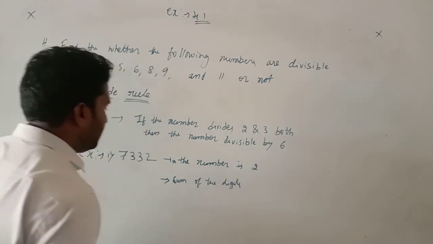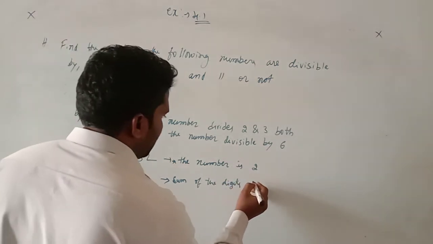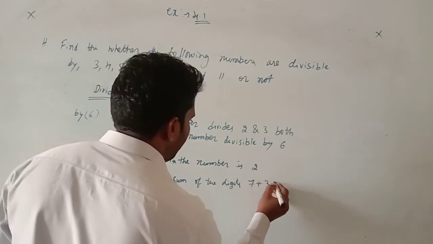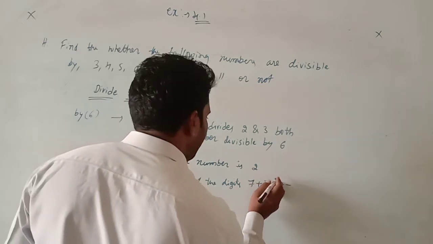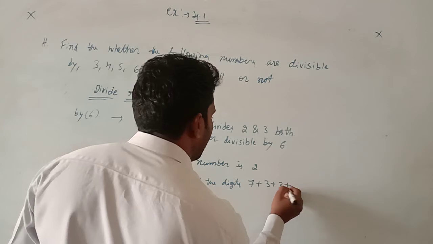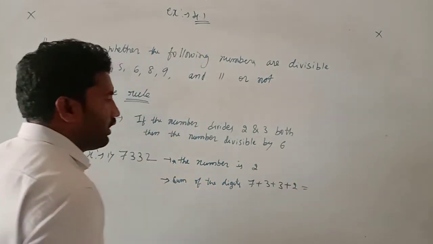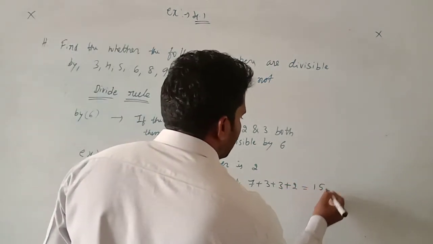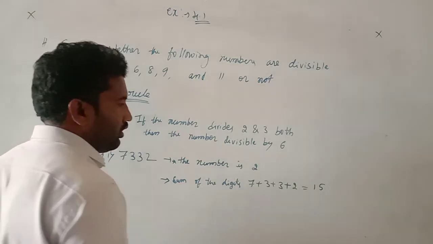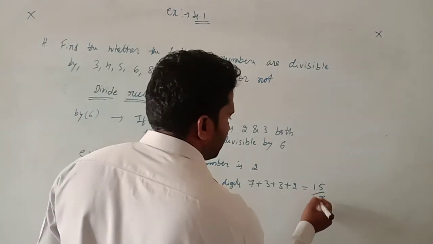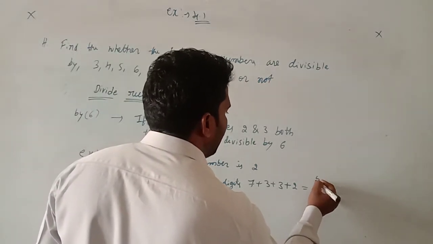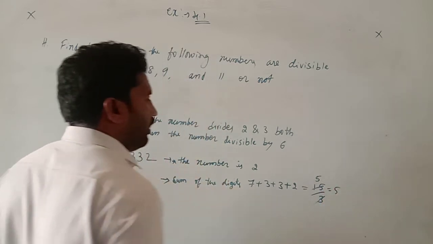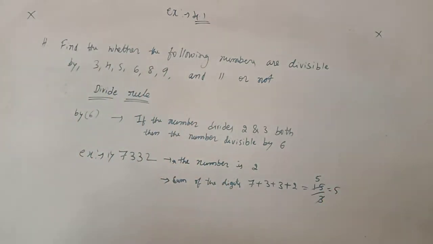So what is the sum of the digits? That is 7 plus 3 plus 3 plus 2. So what is the sum? It is 15. So is 15 divisible by 3 or not? 3 ones are 3, 3 fives are 15. It is completely divisible. So it means the number is divisible by both 2 and 3. Now we can decide